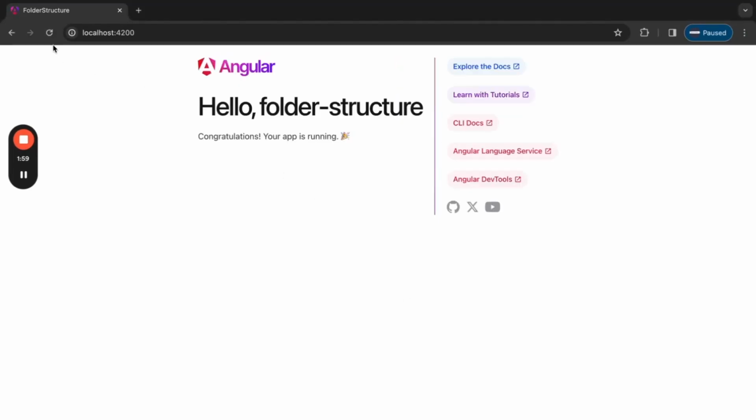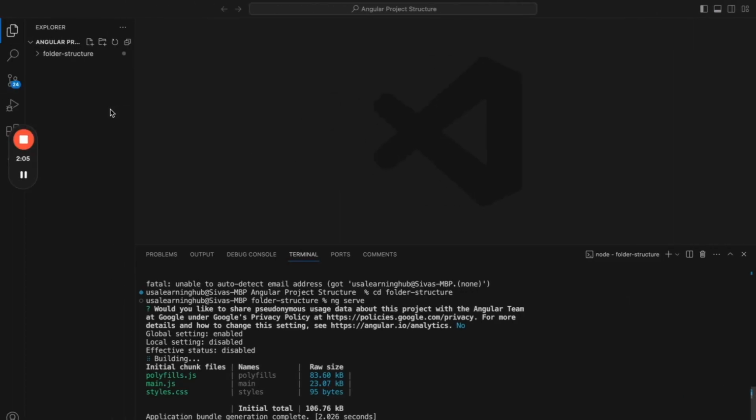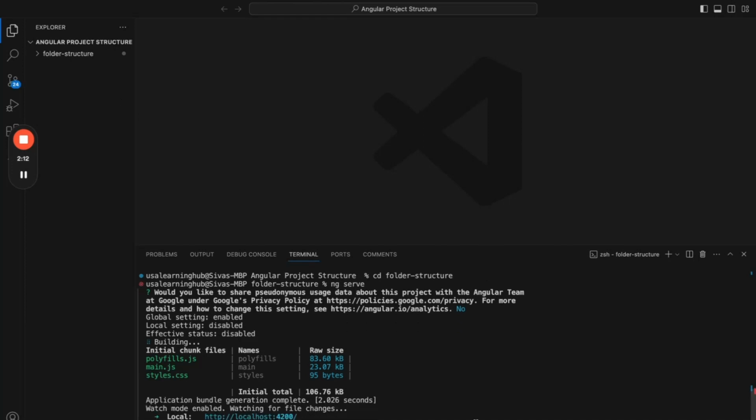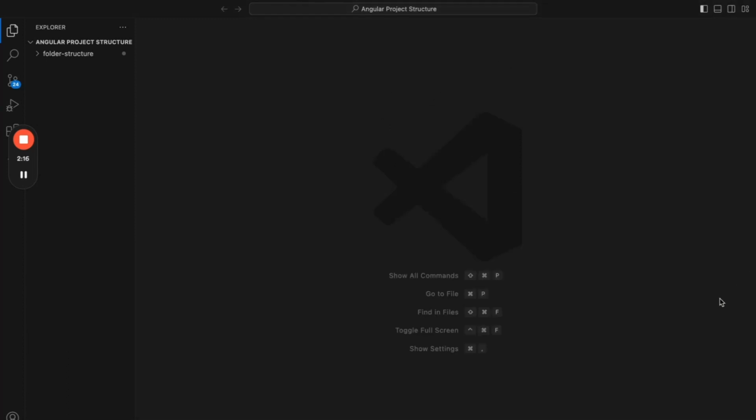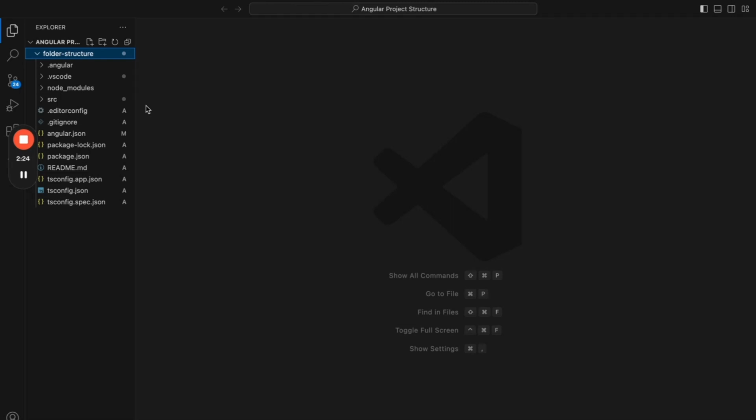So this is the Angular 17 structure. So now the application is up and running. So this is the basic Angular 17 application. Let's stop this application. And we will go over one by one file and its purpose right now. So if you expand the project, so to start with,